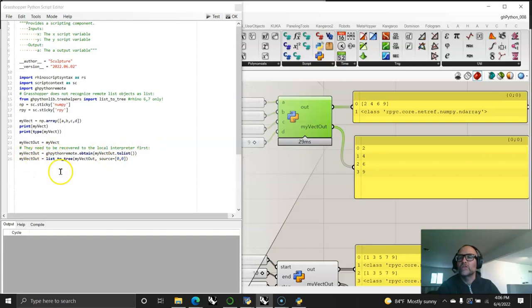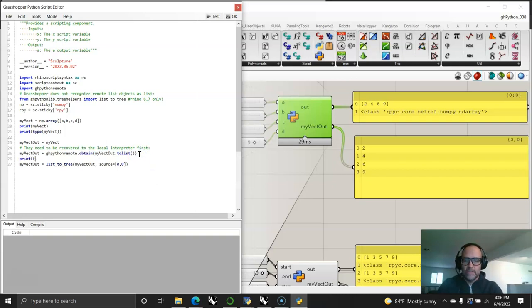I have to use the GhPython Remote obtain my, and you got to type this in every time, no matter what you call it. If you called it my vect, you have to change this all to my vec. That will make it into a list. You can type a myvec out as and see what it is. It'll come up as a type list at that point, and this is a good example of why you would have print